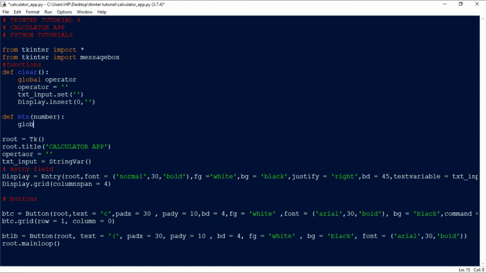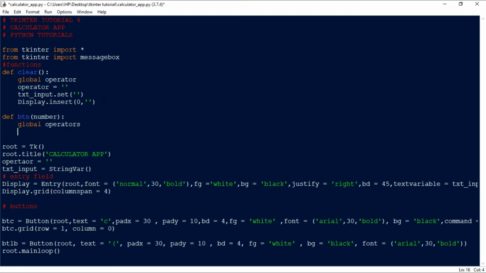So global operator and operator plus equals to this number,